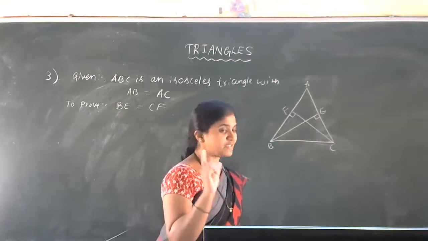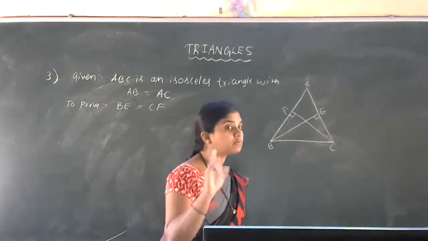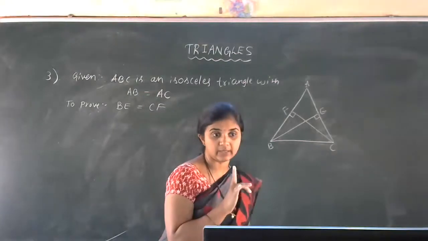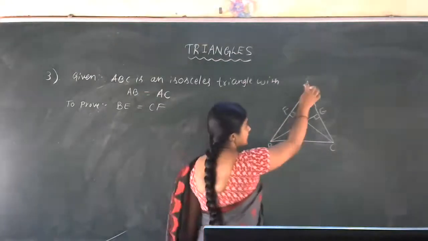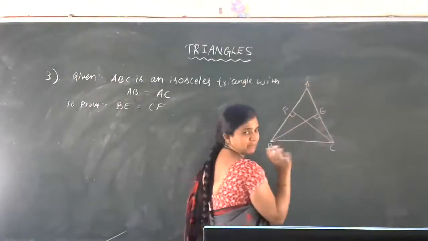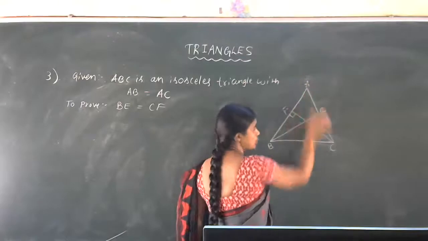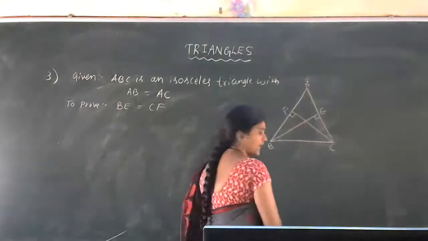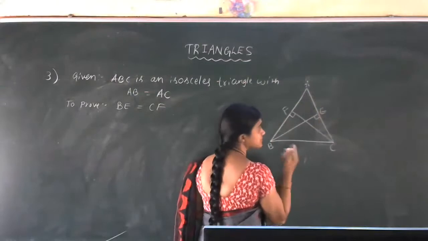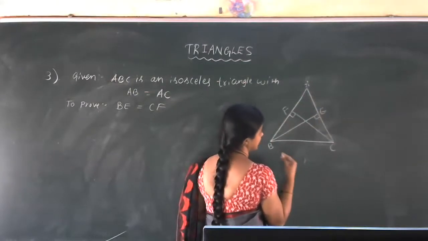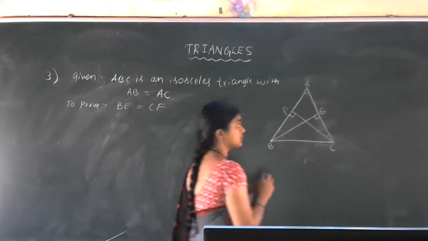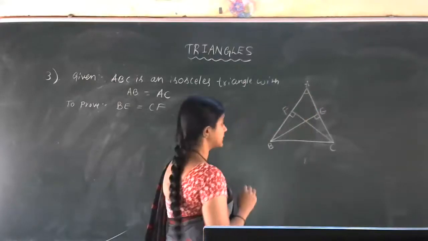See, if we choose AEB and AFC, you have to think, can we choose any congruency criteria? You have to think that one. Okay. See here, if we consider AEB and AFC, what happened actually? AB is equal to AC. First one, okay. Then which one we can use for the second data? Second one we can use angle A which is equal to angle A.